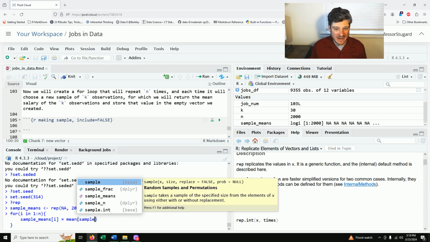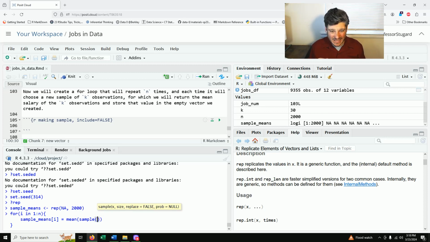Now I need to define how I'm going to take my sample. So that's the sampling function. And what am I sampling from? Again, we can see that we have our different choices here. The first is going to be X. So X is our data. What am I actually sampling from? What data am I taking? And so X equals, my data set is going to be my entry